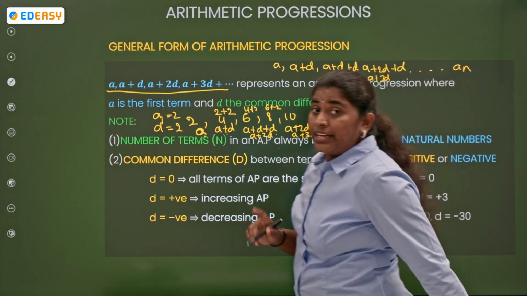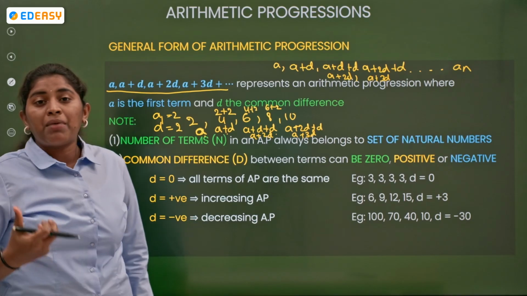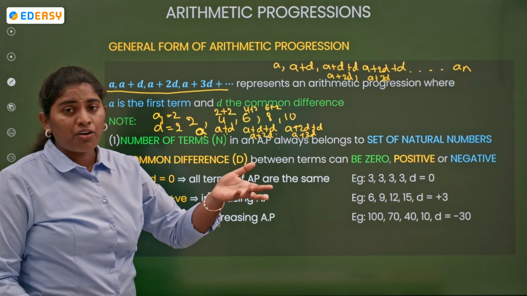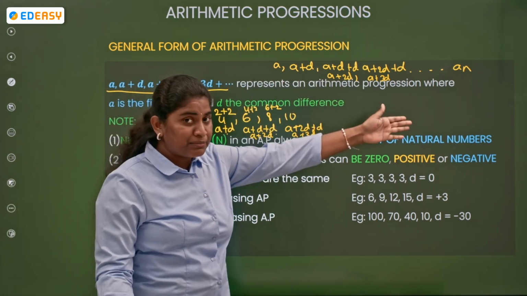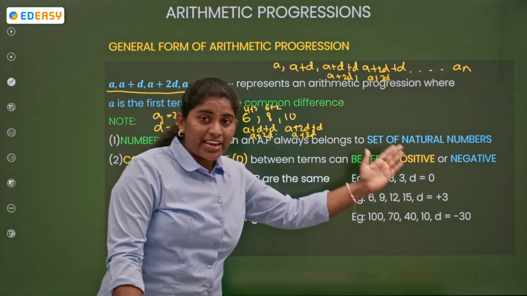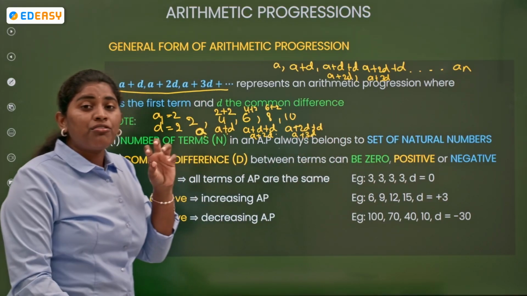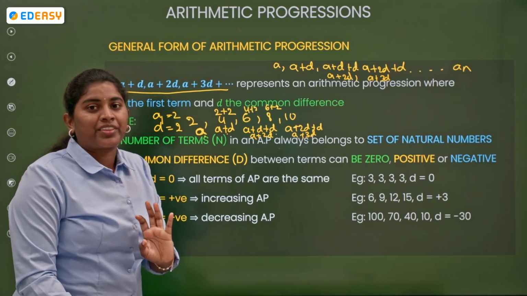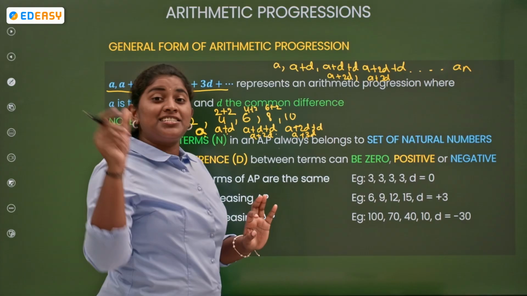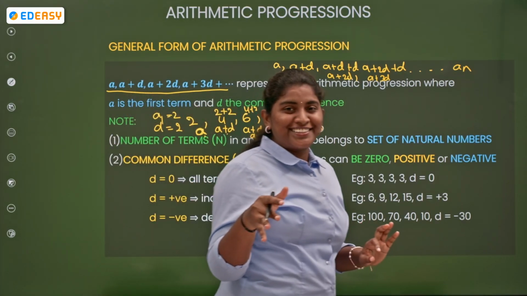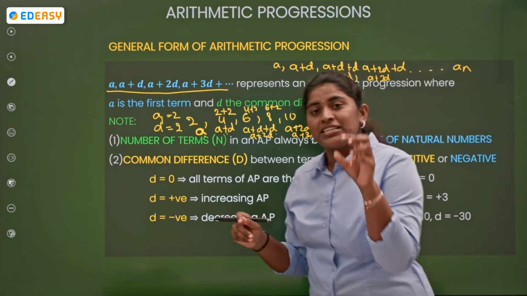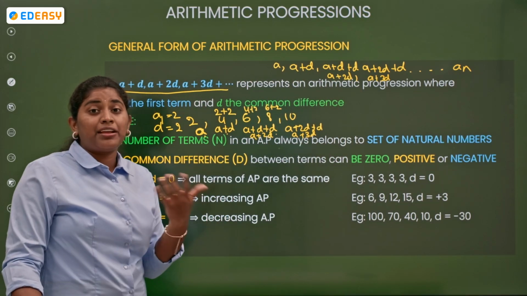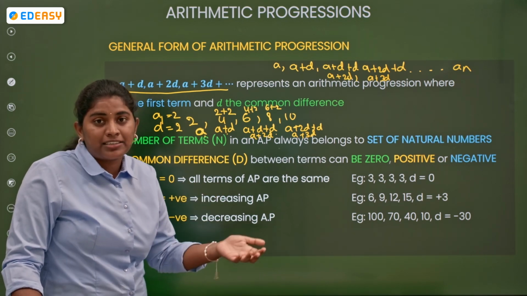Yes. Now, what can we say about the number of terms in an AP? Whenever we are counting numbers, how do we count? We count first number, second number, third number, and so on. It means 1, 2, 3, and so on. So we can say that the number of terms is always a natural number. We can't say that an AP is having zero terms, right? So for that reason, the number of terms in your AP will be a natural number. So you can say that an AP is having 50 terms or 30 terms, like that.